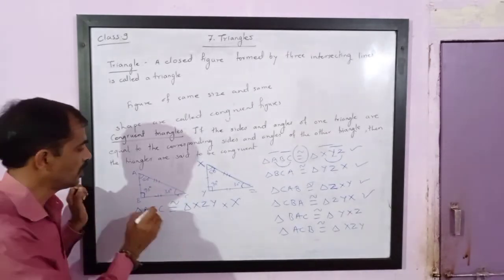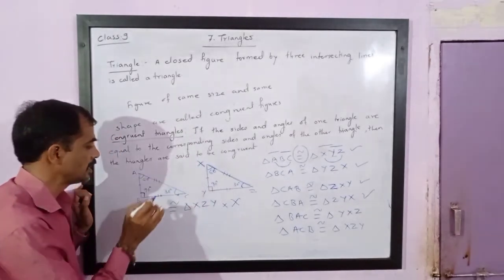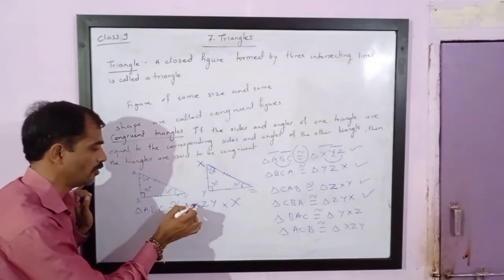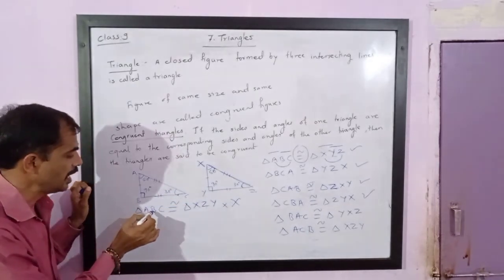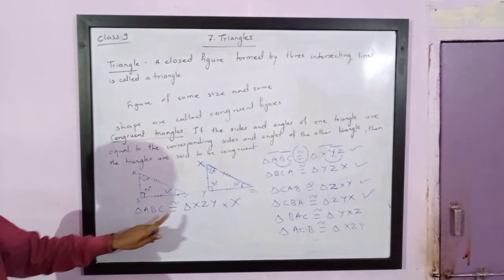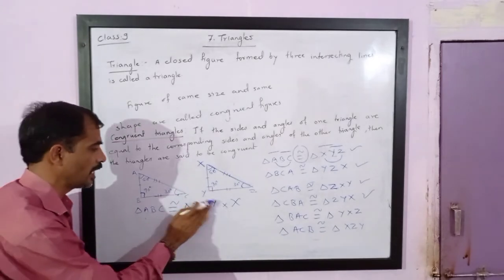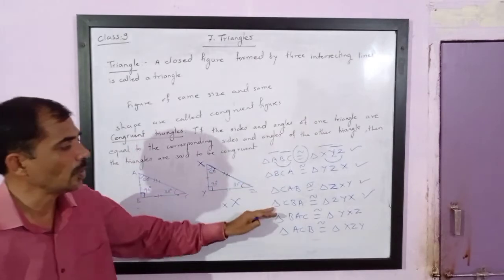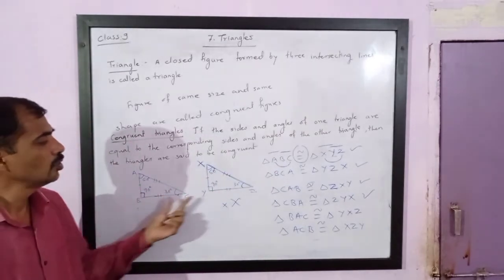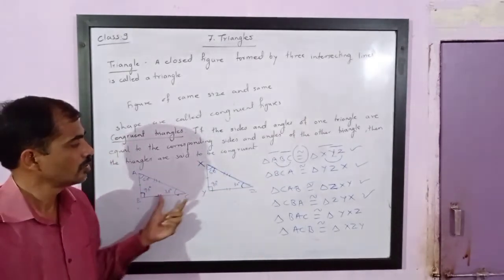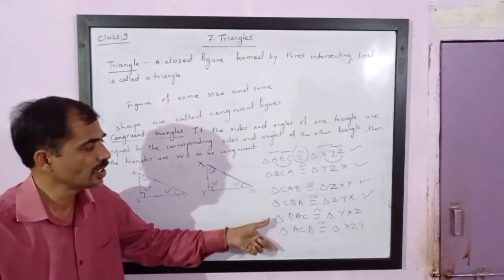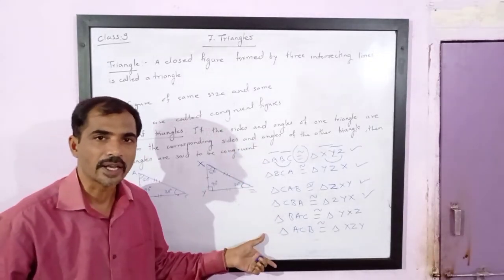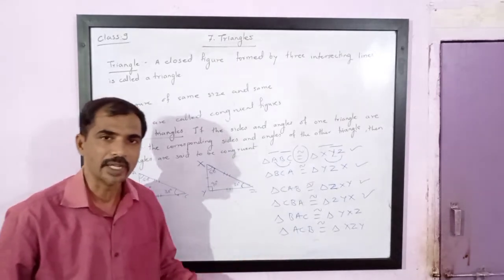Always remember, the angle formed by the first vertex must be congruent to the angle formed by the first vertex. The angle formed by the second vertex must be congruent to the angle formed by the second vertex. So this will be wrong. So these are the 6 different ways to write that the same two triangles are congruent. For two triangles to be congruent, there exist 6 different answers and all answers are correct. Other than this, it will definitely be wrong.